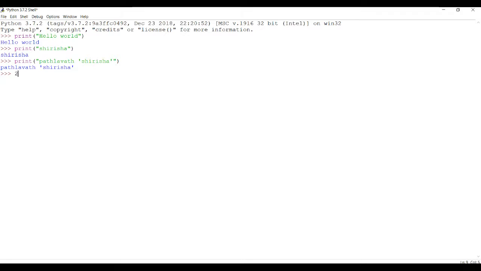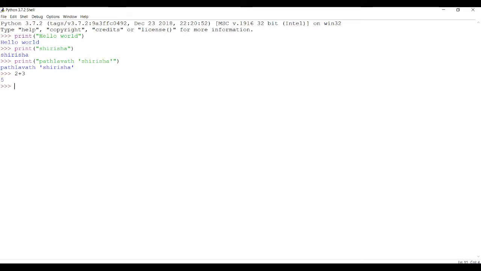Let us work with some mathematical operations like addition of two numbers. For example, if you want to add two numbers in C, you need to declare header files and import the libraries. Then you need to declare the main method, declare the variables and read the input from the users. You can do that in Python as well, let us do that in upcoming videos. But here we are avoiding all those things, and Python is very easy to learn. Just as we calculate two numbers in our calculator, the same method you can use here also.